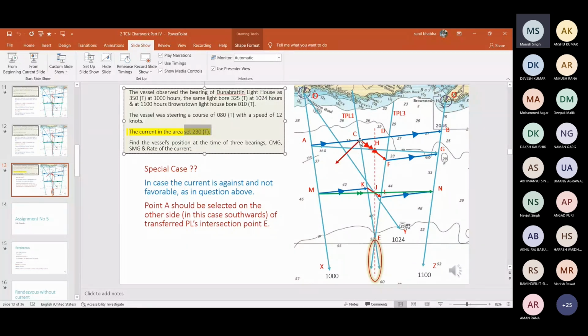आपने तो सिर्फ ये याद रखना है कि अगर करंट वेक्टर TPL3 को ना मिले तो आपने इसको उठा के इंटरसेक्शन पॉइंट के दूसरी तरफ ले जाना है अपने प्लॉट को, एंड यू विल सी दैट यू विल बी एबल टू मेक इट ऑन द चार्ट।